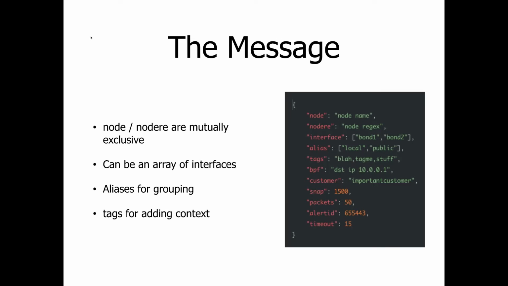So let's move on to the message. This is what the JSON message looks like. I just wanted to put a little color around some of these things. Obviously, it's really simple. Most of you are going to recognize, without me telling you, what these mean. The things that are worth mentioning, though, are the node and the node RE. They're mutually exclusive. And the idea here is that I want you to be able to give a node name, but I also want you to be able to give a node